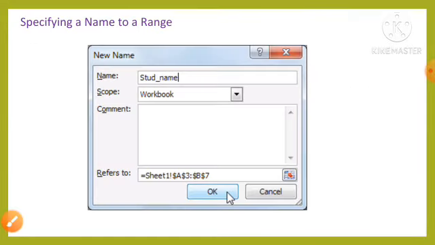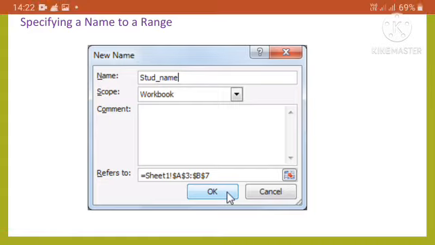Specifying a name to the range. In Microsoft Excel, creating names for cells or cell ranges is very easy. For example, if the cells from B10 to B20 are all sources of income, you could name this cell range income sources and then use that name in different ways, such as in charts and formulas.